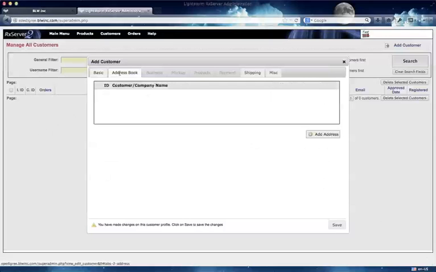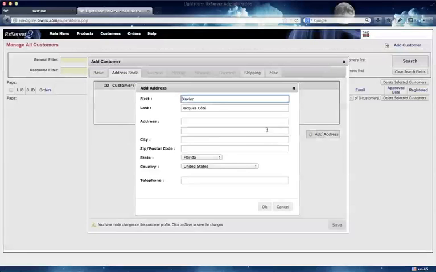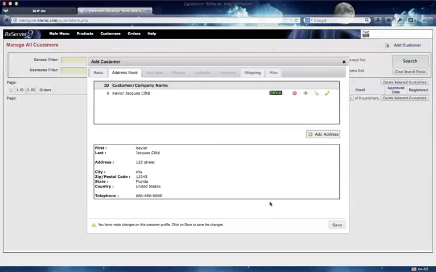The next tab is the address book. You must enter at least one address in the address book, so it will be used for the pre-filling for the pedigrees. So for example, you have now added a new address to this customer. You can edit it, you can remove it, and then when it's done,